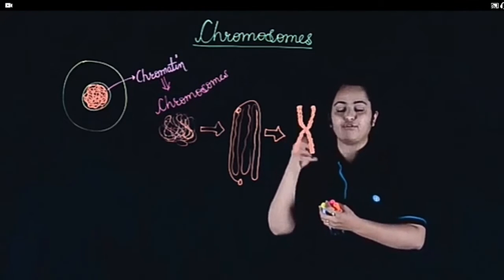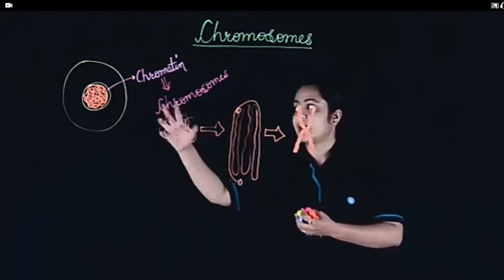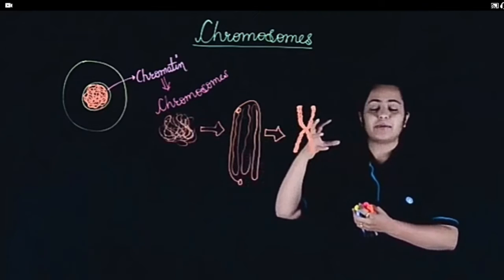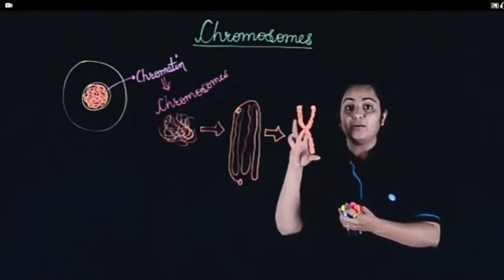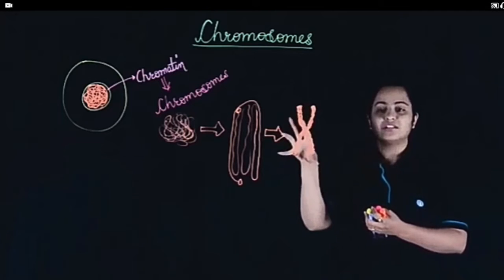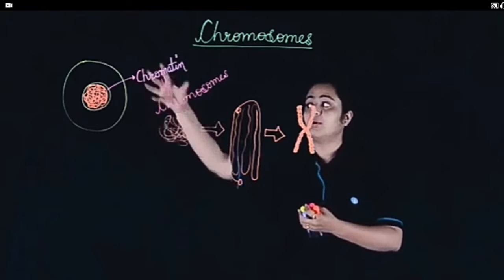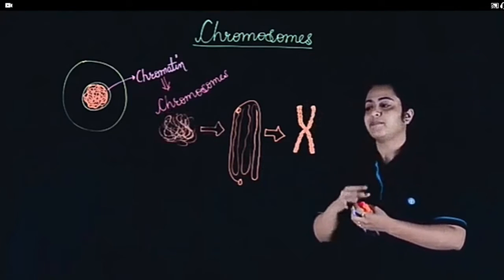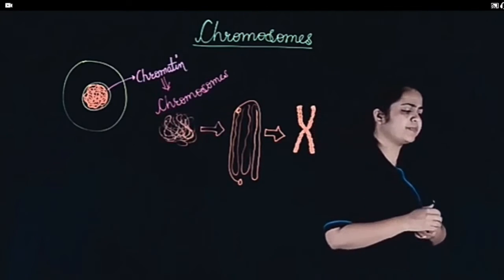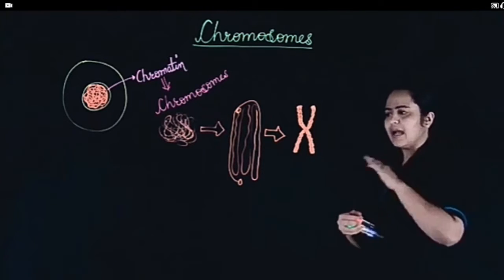If you find a normal cell in a dynamic state, it is having this kind of stuff all messed up inside one another. But when you have cell division process happening, you will find this structure. This structure is the complete chromosome structure, which is made out of this ball of wool, that is a chromatin. This structure of chromosome is present in all the organisms. During cell division, absolutely.